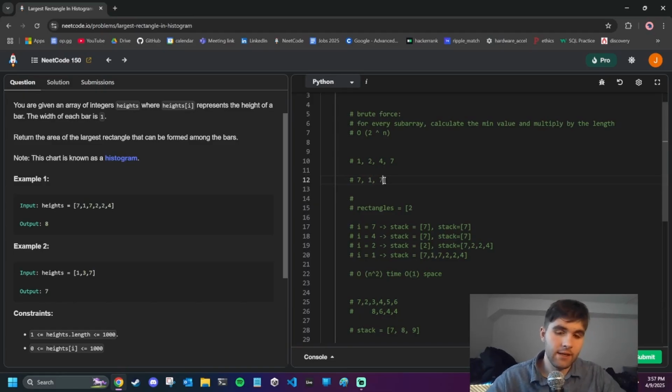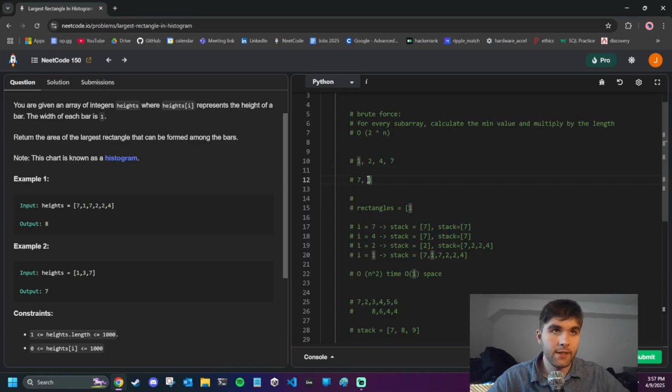When we add 7, well, honestly, wait. Right now, 7 has a width of 1 and a height of 7. Okay, when we add 1,